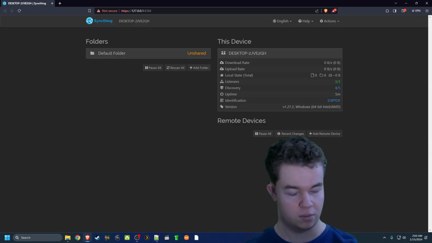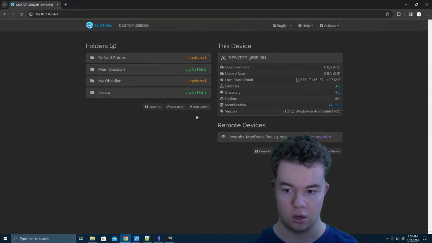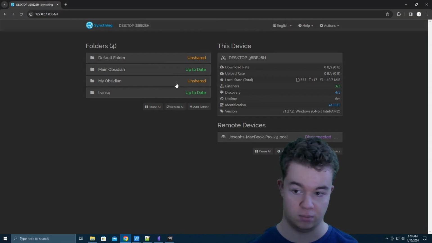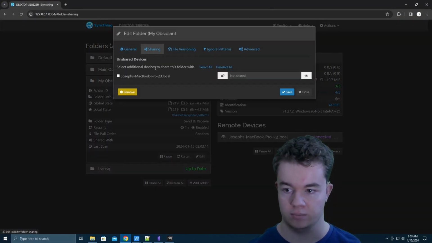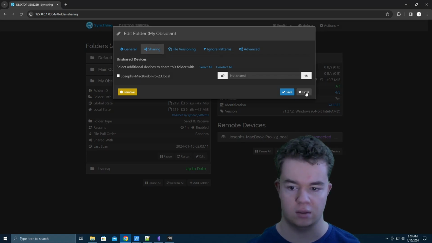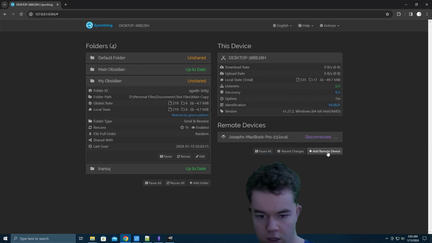So the next step is to set up sharing on the source machine. So edit, go to sharing. Oh, then I think you have to add the device too. That's actually the first step. So add remote device,